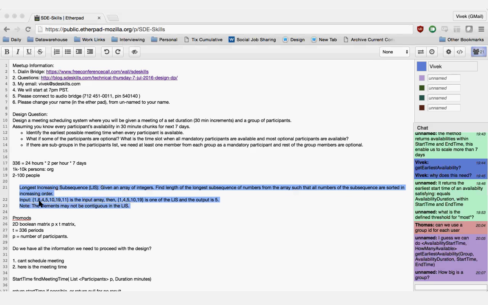Yeah, the coding question that I have posted on the blog, and I've pasted it between line numbers 21 through 23, is essentially: given an array of numbers, find the longest subsequence of numbers so that all the numbers are in increasing order. So if your input is 1, 8, 4, 5, 10, 19, and 11, then you can extract 5 elements from it: 1, 4, 5, 10, and 19, and that's one of the answers. Actually, 1, 4, 5, 10, and 11 is also another answer. That's also of size 5.